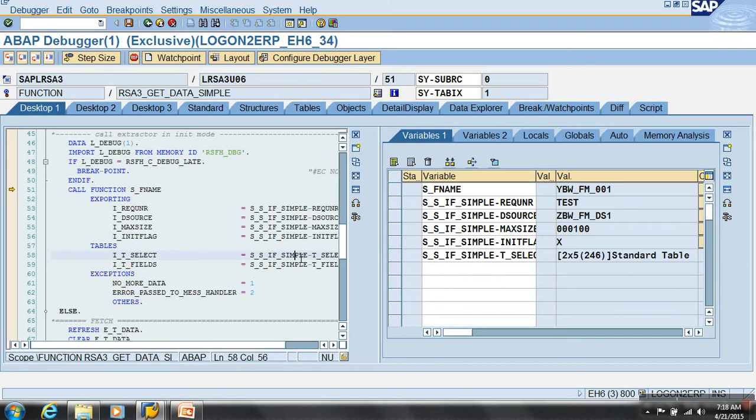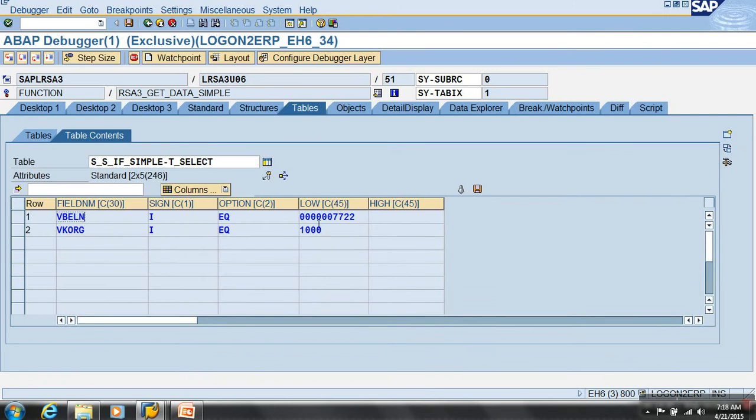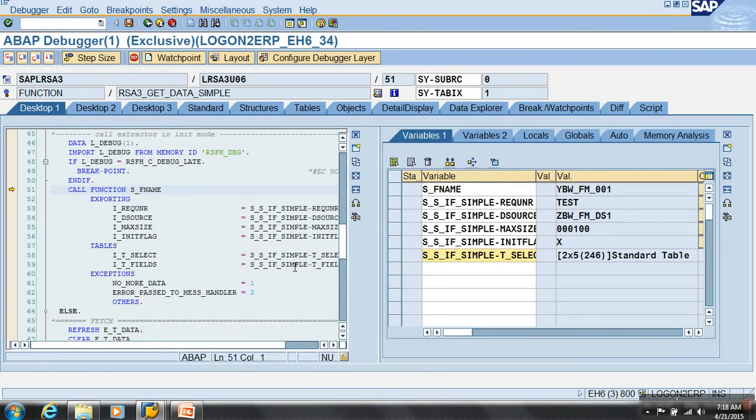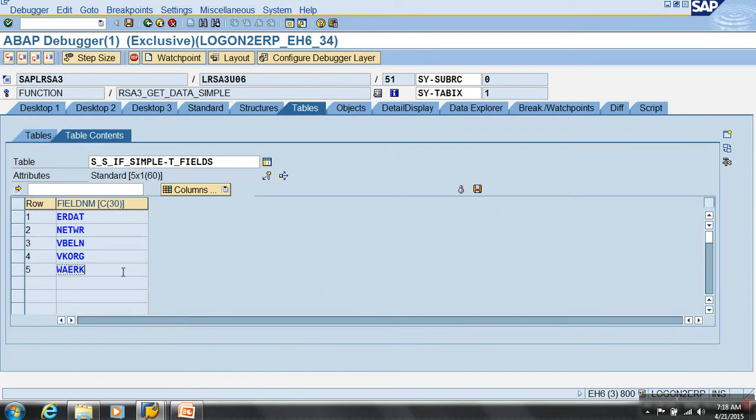And let's see what we have in I_T_SELECT. VBL 7722, VK org. Do we have the selections we gave? Let's see what is there in I_T_FIELDS, the fields we wanted to extract.